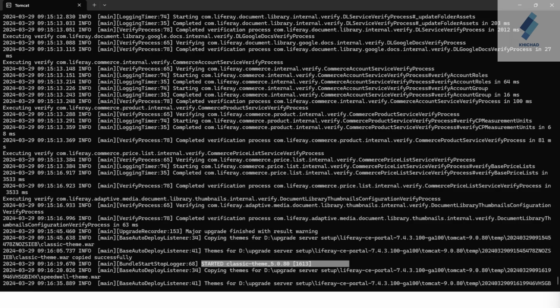So we need to first verify from the browser. Log in with credentials, or enter the login portal and go to the control panel.